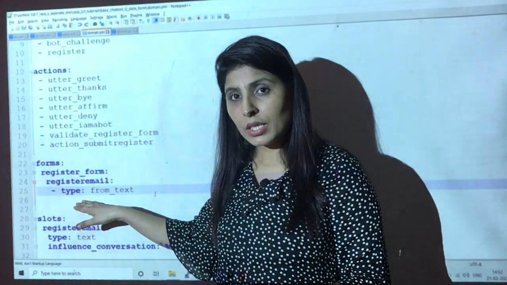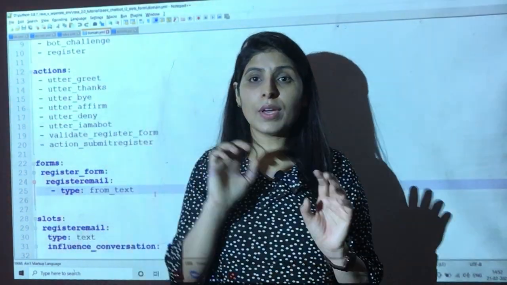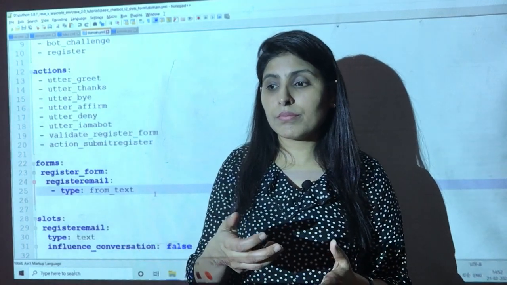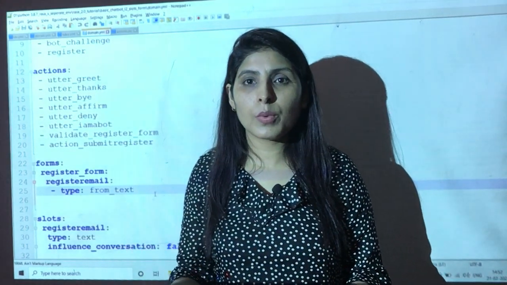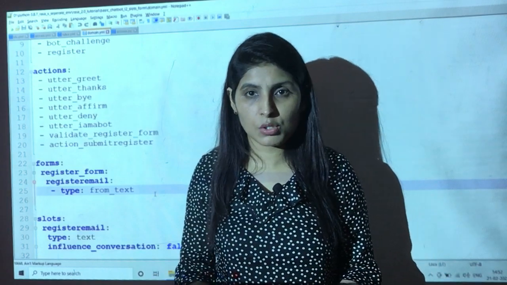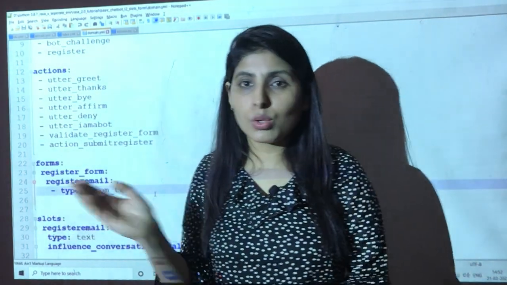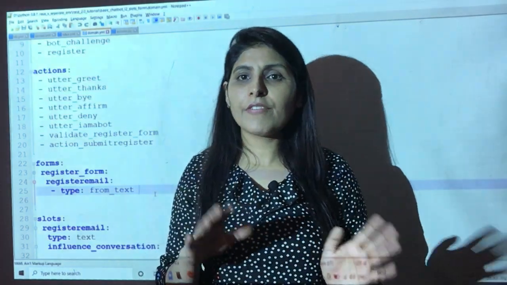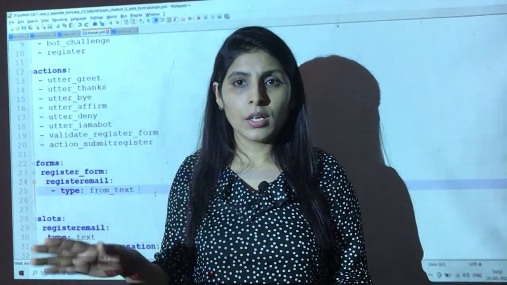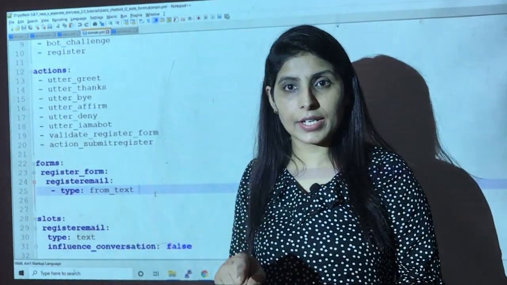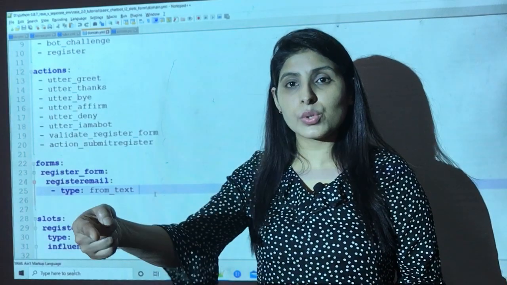Form is created. Now when the user types some data, we see that in normal languages, also in programming languages, we use variables to store data temporarily, and once the process is completed, those variables get freed, right? In the same way, slots are variables only. So we are using slots over here. Why are we using a slot? Because we want to store the email ID which the user will type.